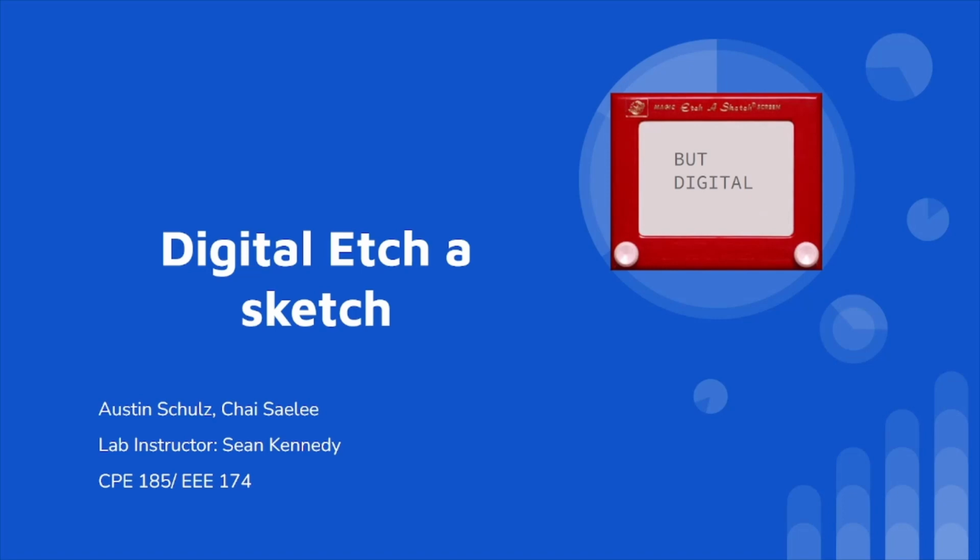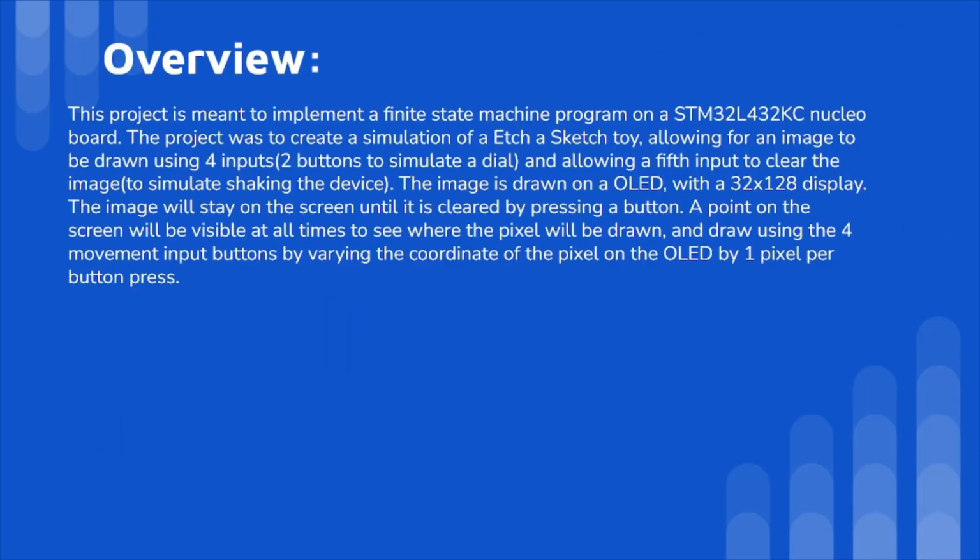So for this project, we created a digital Etch-a-Sketch using C coding for our CPE 185 and electrical engineering 174 classes. The project is meant to implement a finite state machine program on a